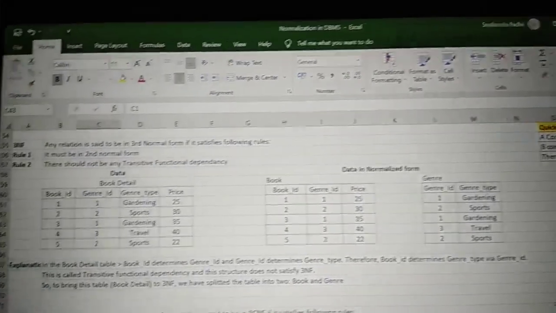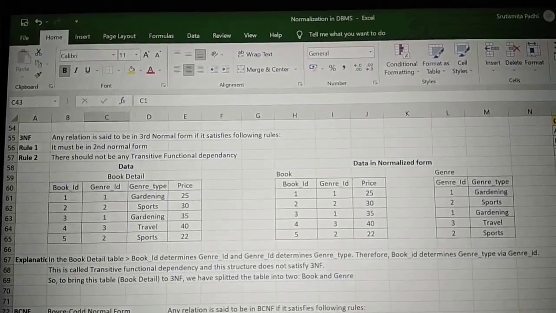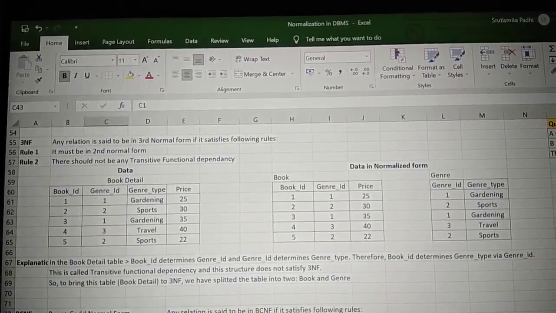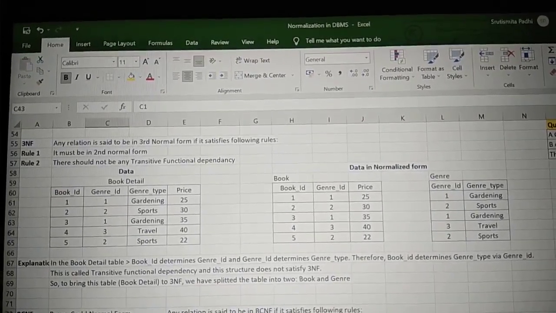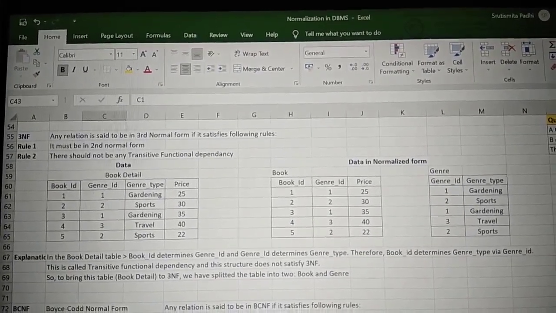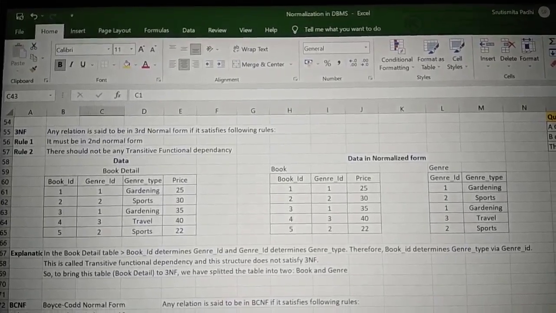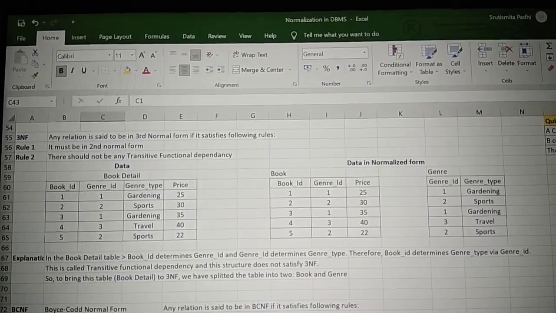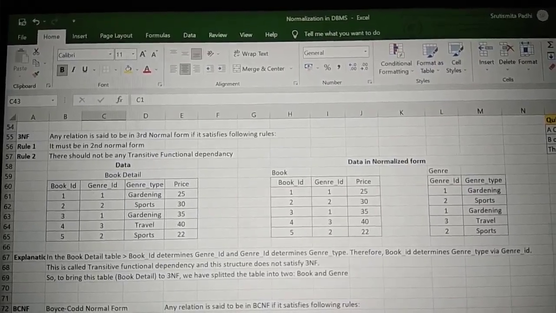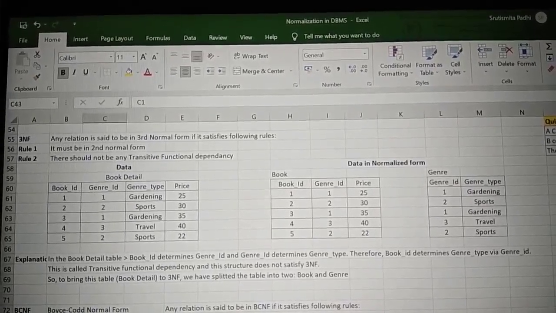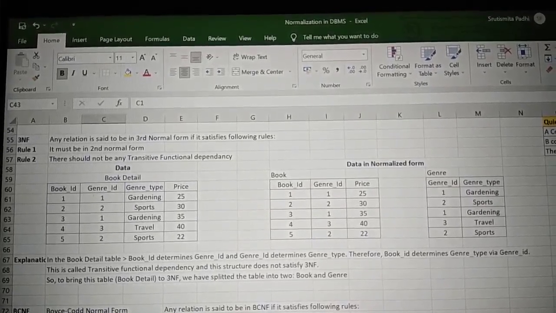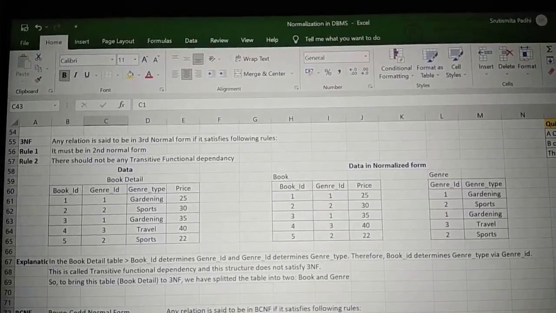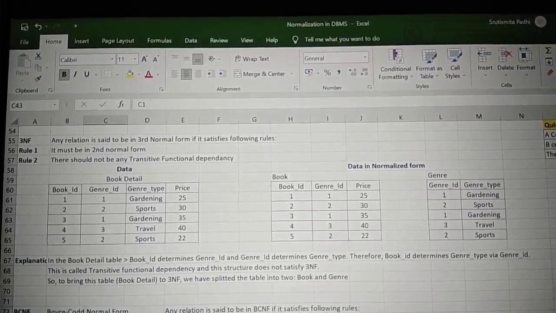Now let's move to the table part. We have the table book detail, which is not in normalized form, and book and genre, which are in normalized form. Now what does the explanation say? If you see the book detail table, we have book ID which determines the genre ID, and genre ID determines the genre type. So this way book ID determines the genre type, which is called transitive functional dependency, and 3NF